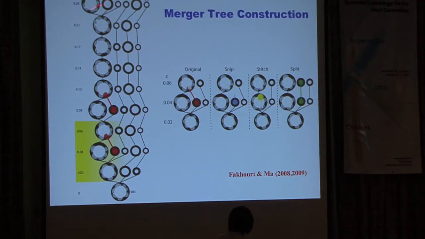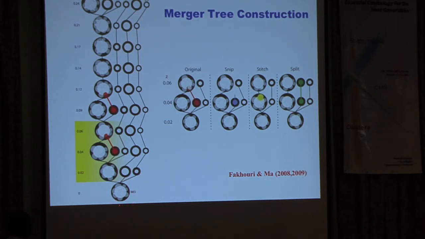So here we're showing one example. Now here comes the problem. We're showing an actual tree. There are many, many of these, and some trees are very, very big with many, many branches. We try to choose a simple one, from redshift 0.24 to redshift 0. And so this is about 10 to the 13, in units of 10 to the 10. So it's about a 10 to the 13 solar mass halo today, and we're tracking its history going backwards.